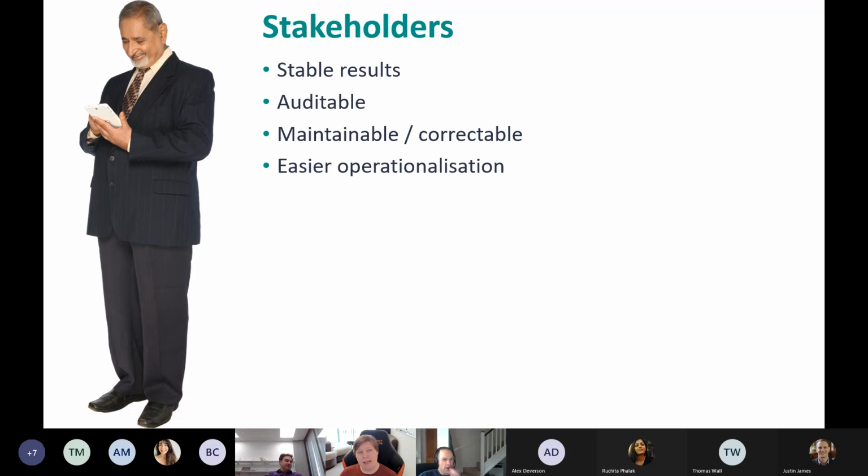And if they have to have just a paper that says, here's the results of my model, trust me, it's good, then you're going to have a much tougher time in getting that model signed off.